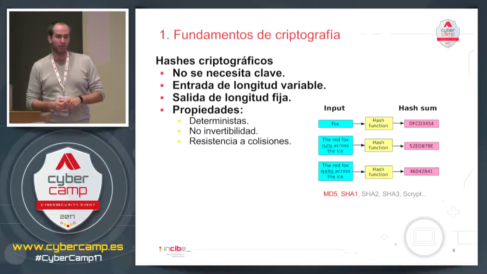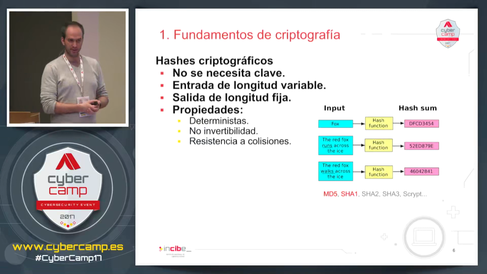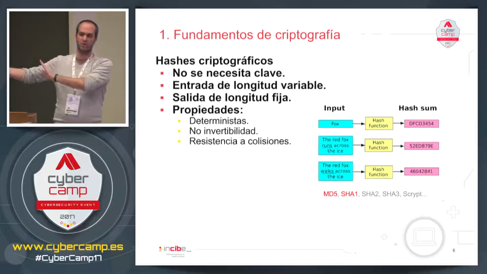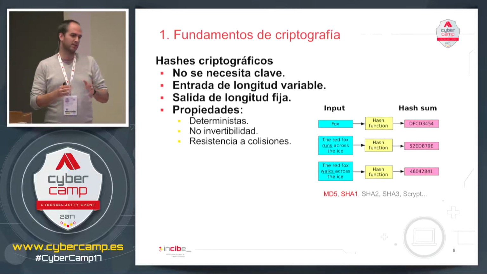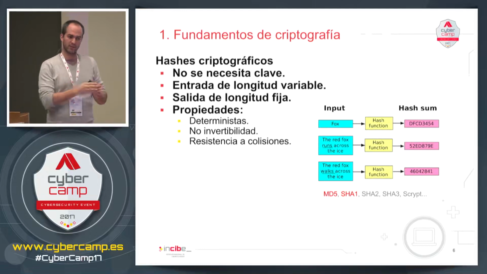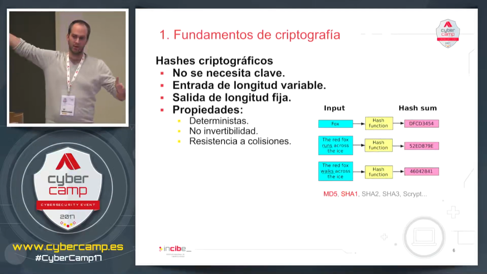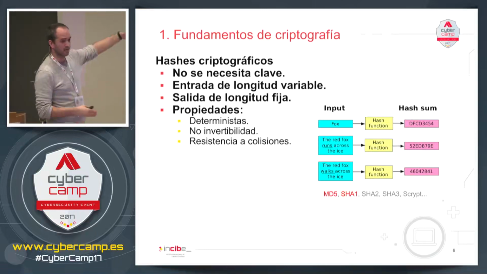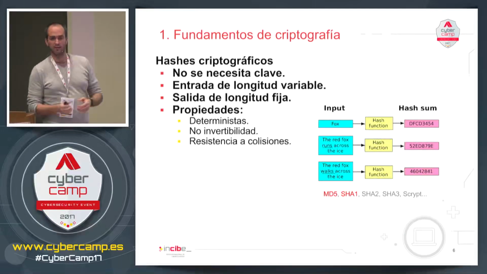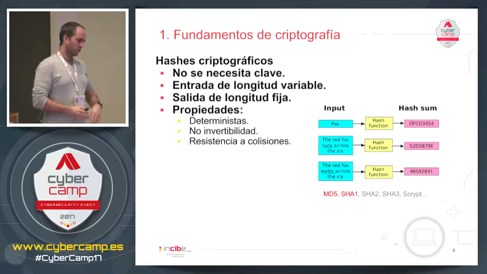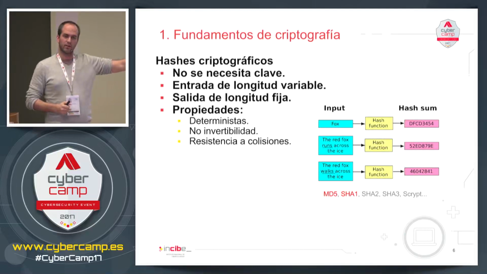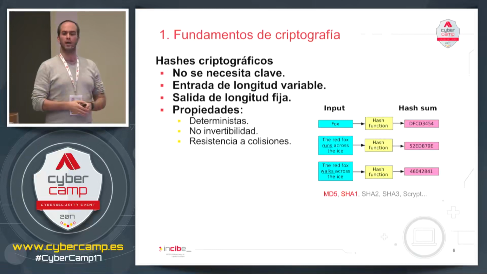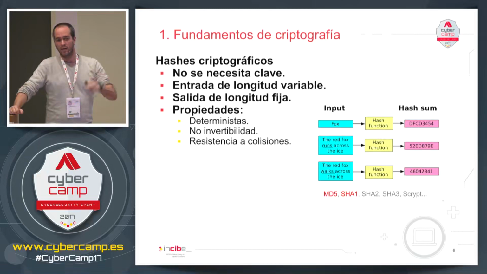And you may ask, does that mean that a hash function doesn't create collisions? Well, there are collisions, there always are. Why? All you have to do is compare the input size and the output size. The input can have any length, but the hash sum, the output, has a specific length, which means that even if you forget that the input can have variable length, let's imagine that we limit the output to 5,000 bits.